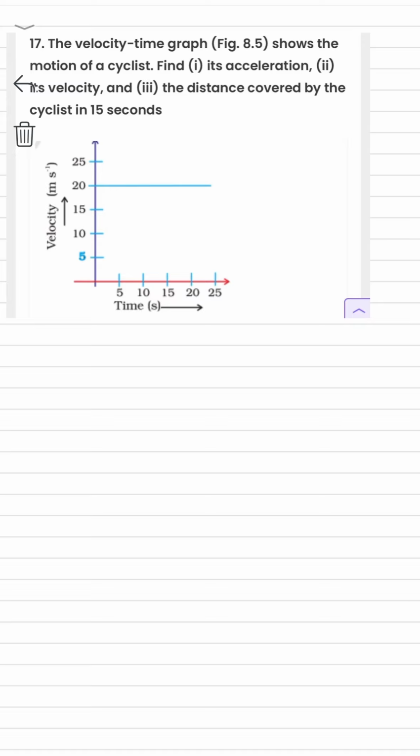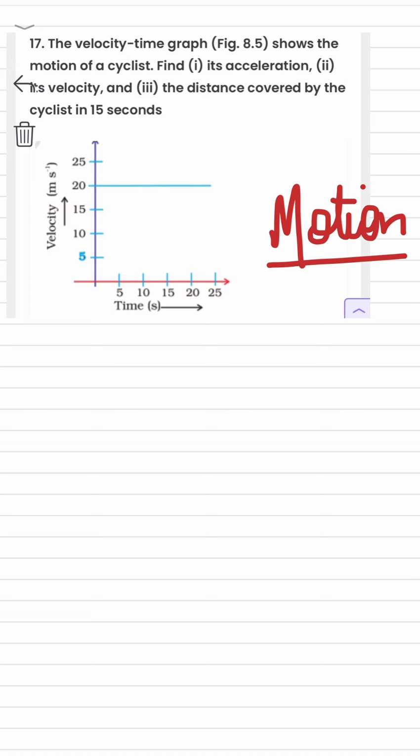Jai Sai Ram, this video is one of the important questions of chapter motion, and it's a VT graph question. VT means velocity-time graph question. Now the question says, if you could observe, this graph is the motion of a cyclist and we need to find out acceleration, velocity and distance covered in